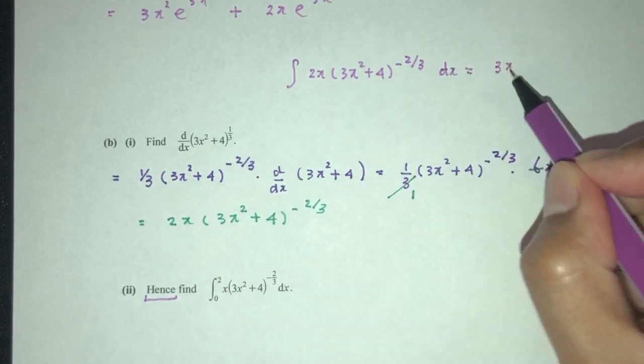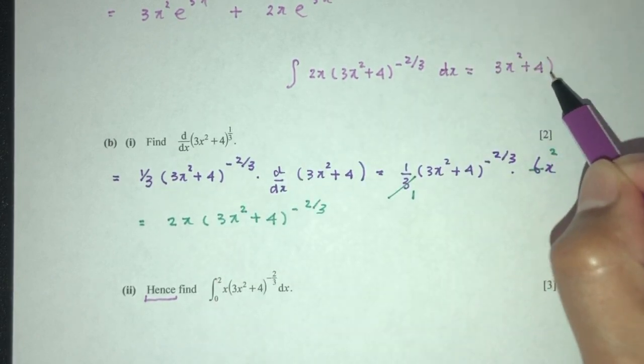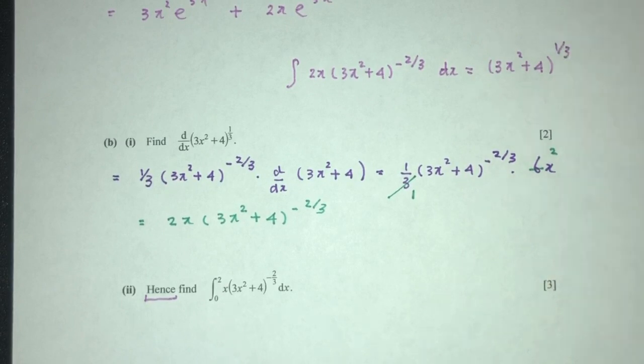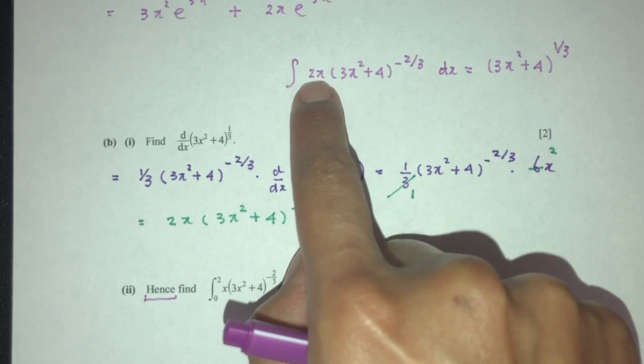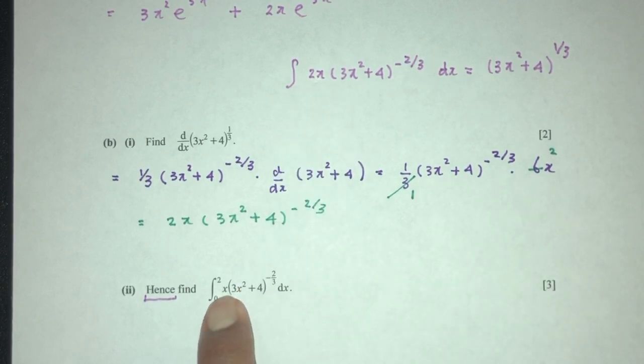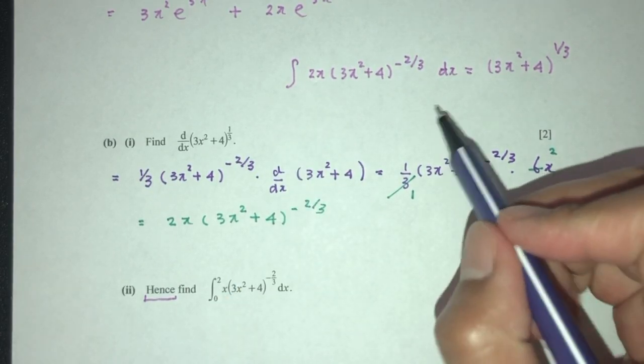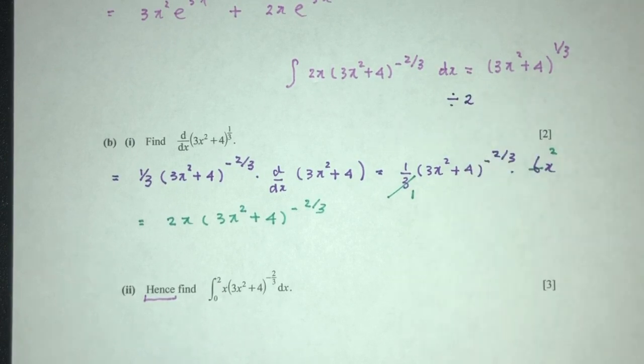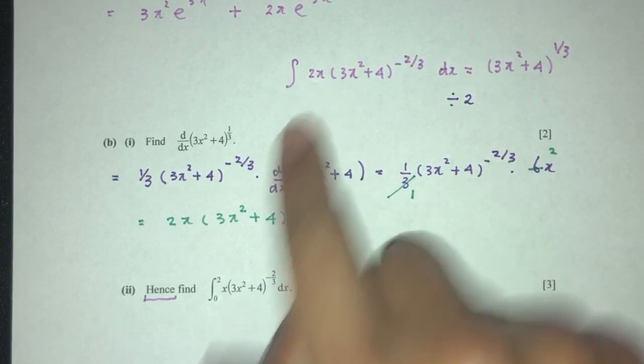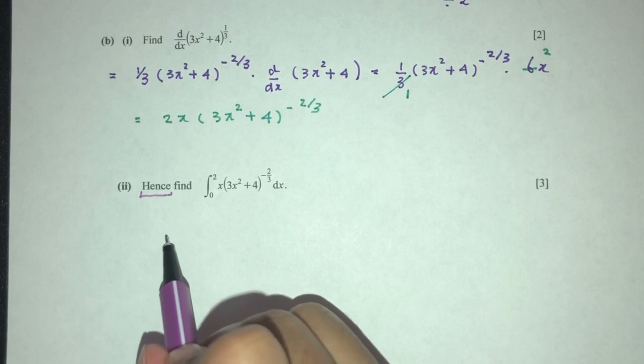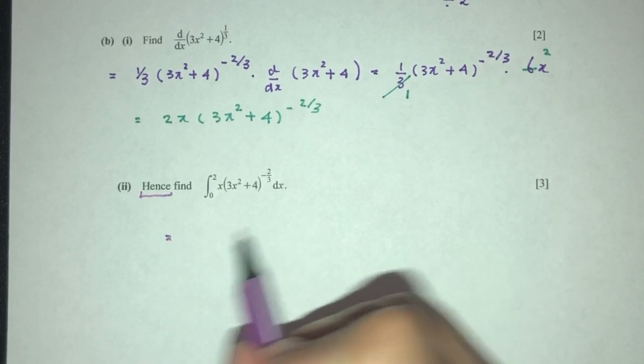That's the main idea behind this. Now, the question here is we have to integrate this one. The only difference is we don't have a 2 here. There's no 2. So to cancel out the 2, we have to divide by 2 on both sides, right? Just to remove the 2. So from here you will have, so this will become